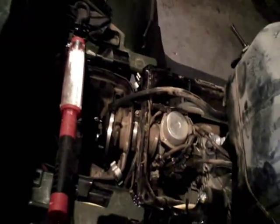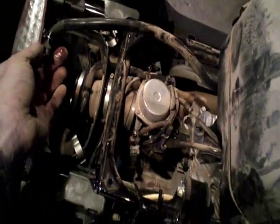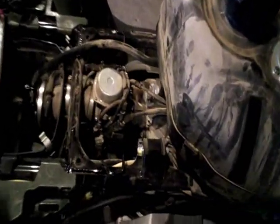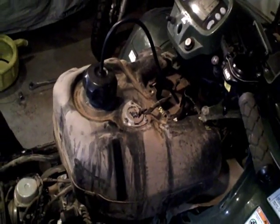Then I've gone ahead and unhooked the fuel line from the carburetor there. You want to have a rag handy in case you get a couple drops of gas. Also, of course, a general practice in the garage is to have a fire extinguisher around and an eye wash station. Anyway, I've gone ahead and slid the gas tank back, and I wanted to show you guys